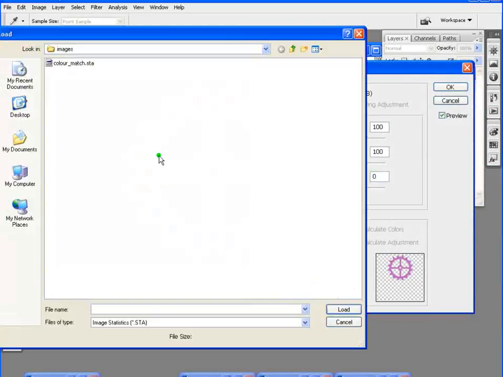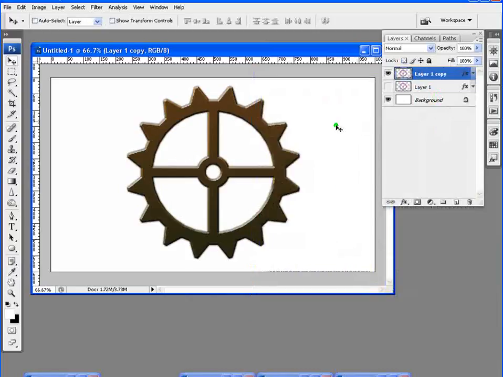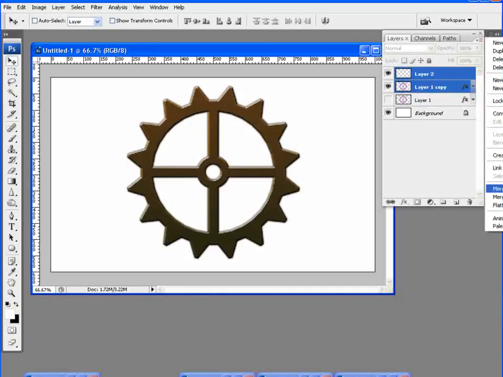You need to load the statistics of the image that you want to match the color with. You can also go to the source here, and then you can click Match Color. Like this is the image, it'll match the color with this one. But first we need to collapse the layer so that it's applicable. So we make another layer, hold Shift, and say merge layer,